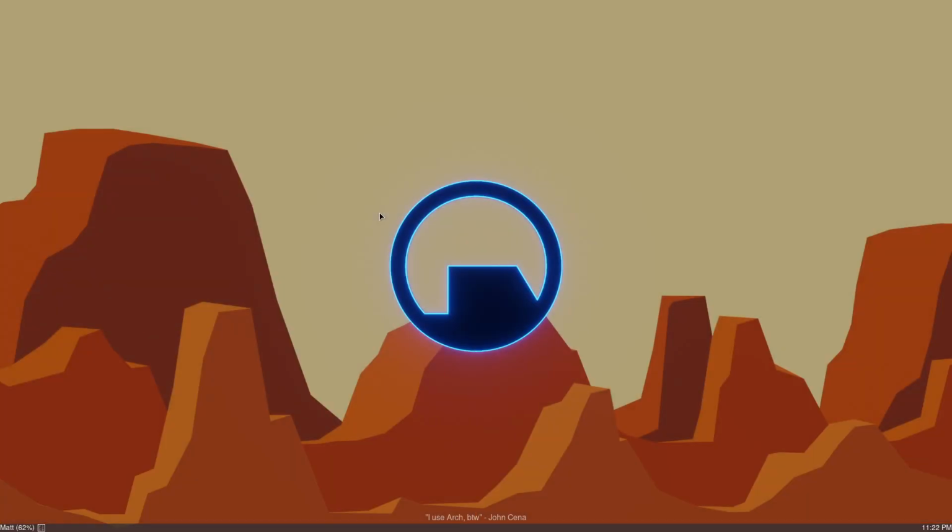Then Super 6, or my 6 workspace. This is nothing. This is pretty much whatever I want, but usually it goes unused. Same with Super 7. Now we're gonna talk about